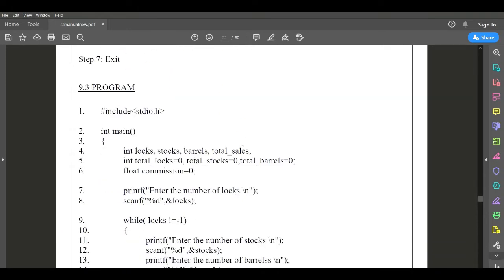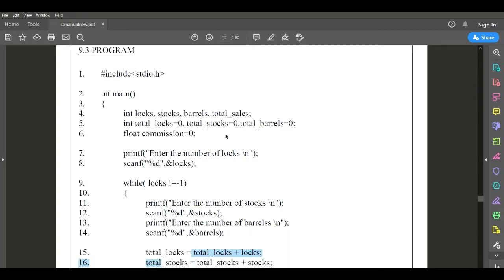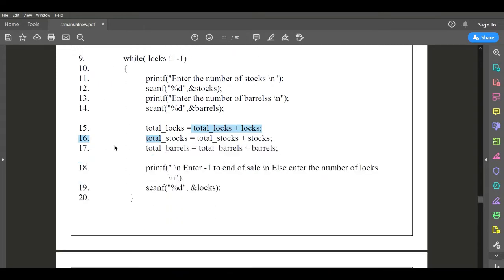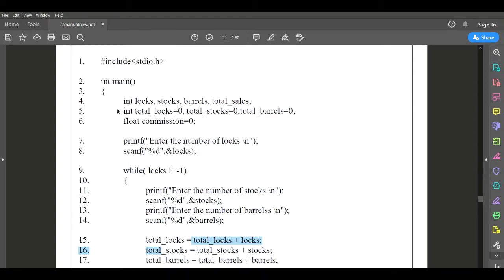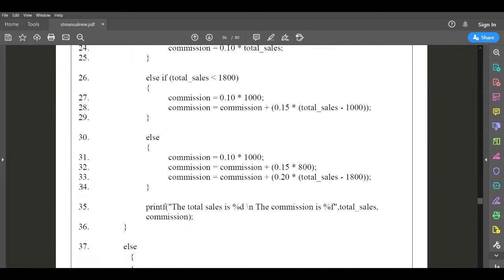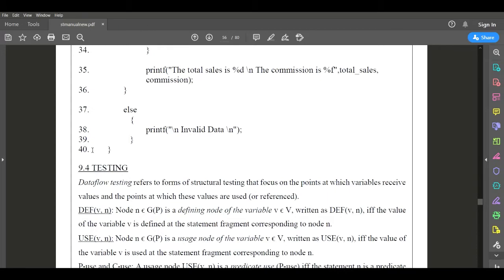This is the idea about the design specification. Next we will move to the code. So that algorithm we have converted into the C programming language. After writing this C program, we have to specify the line numbers. Here we are concentrating on the line number from which variable values or initialization start. From that line onwards our execution will start, and we end our execution at line number 40, by printing the message invalid data if the condition is not satisfied.